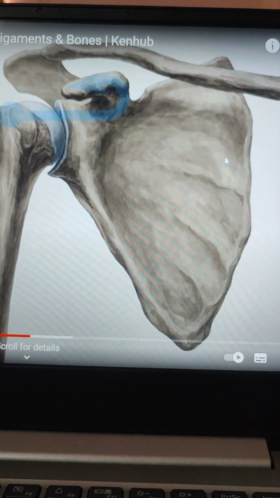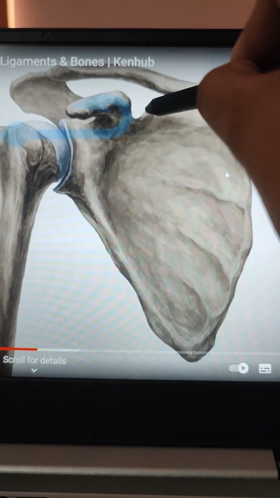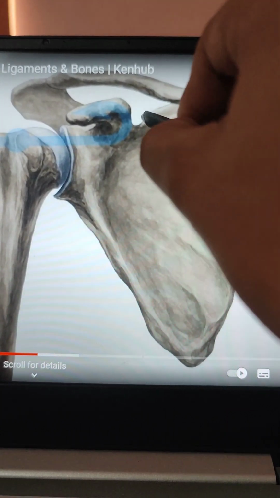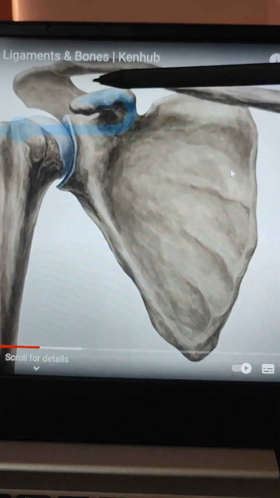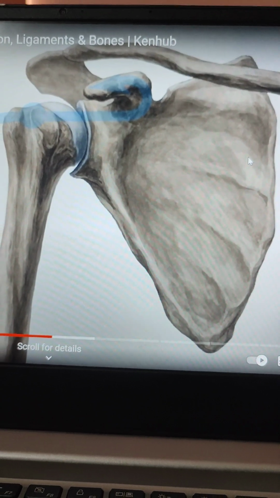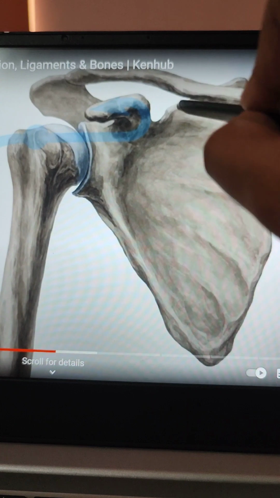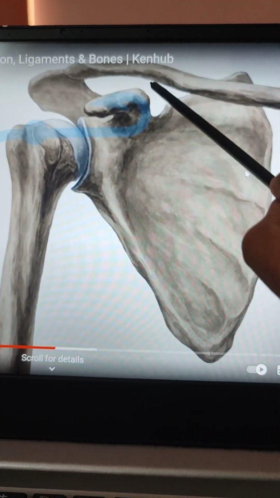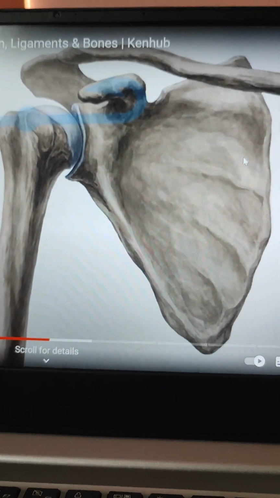What are the contents of the suprascapular notch? First of all, the suprascapular notch is converted into the suprascapular foramen due to attachment of the transverse scapular ligament, and it contains the suprascapular nerve. Above that ligament there is a passage for the suprascapular vessels. So the suprascapular vessel is not a content of the suprascapular notch. Only the suprascapular nerve is the content of the suprascapular notch. Okay, now we'll do the attachments.